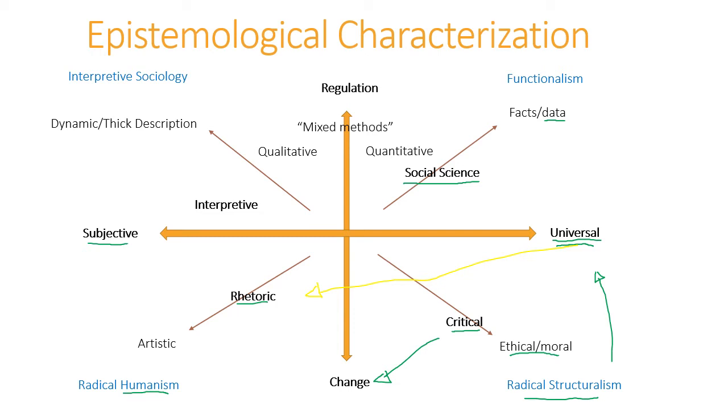But at any rate, up above that, still on the subjective side of things, we have interpretive sociology. As I mentioned before, this is sometimes called thick description. The reason for that is it might be a short story that is written about the experience of a small town cop. That is an actual interpretive study that has been done. It's based on research, on anthropological research of those people's experience. And that's what's called thick description, right?